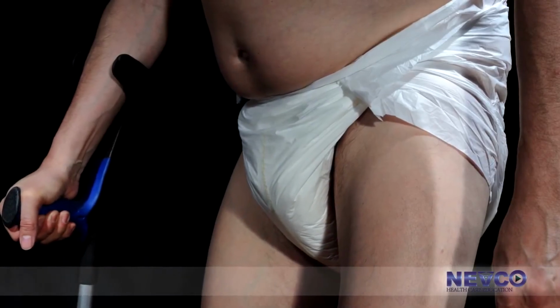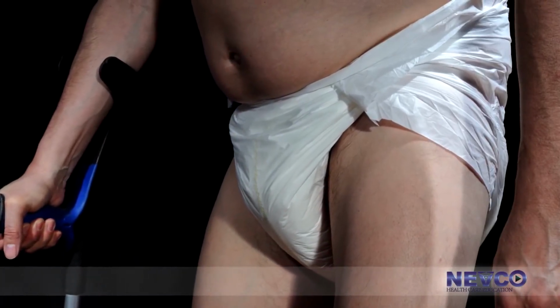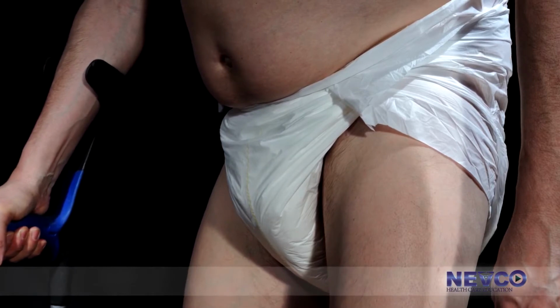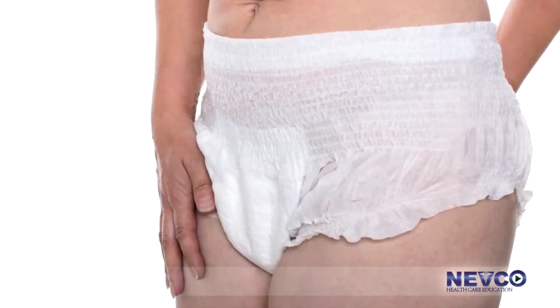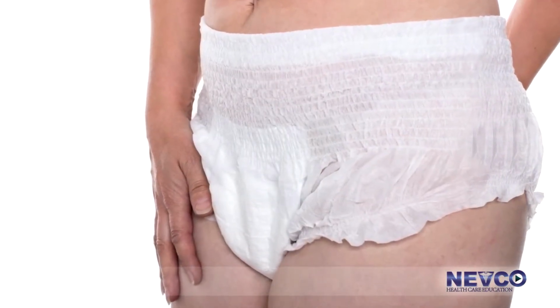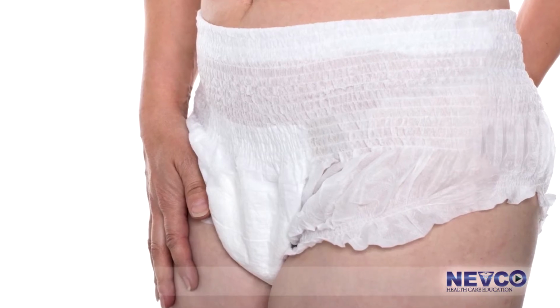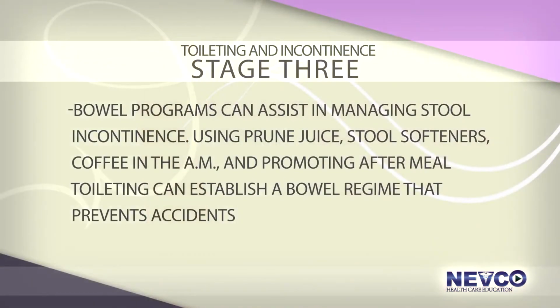Adult diapers are readily available and come in various sizes. Pull-ups are available for those who are still mobile and use the toilet. Bowel programs can assist in managing stool incontinence. Using prune juice, stool softeners, coffee in the AM, and promoting after-meal toileting can establish a bowel regimen that prevents